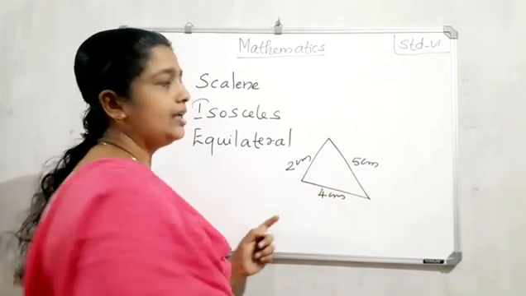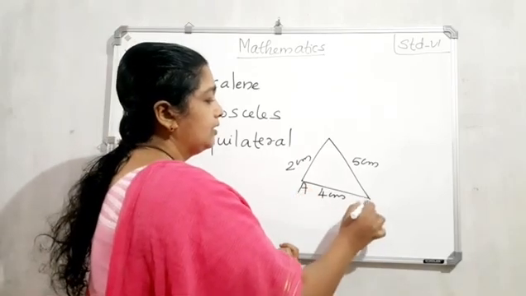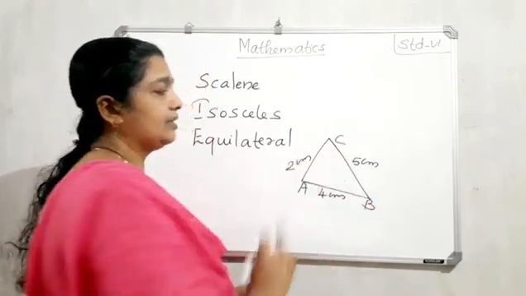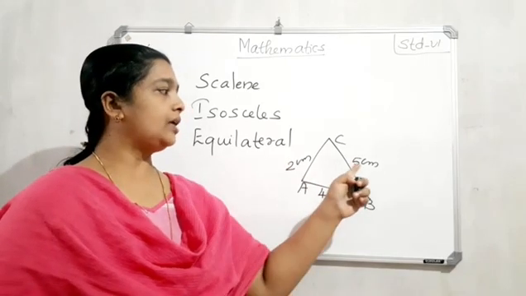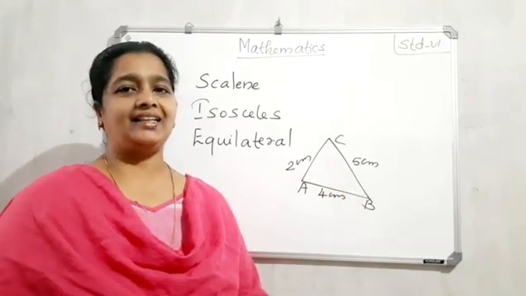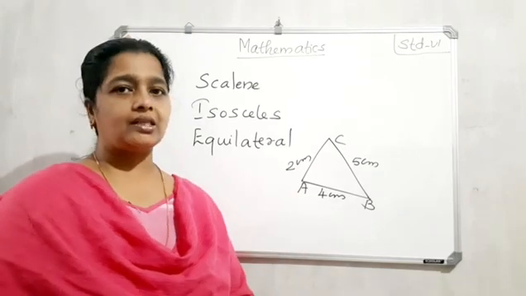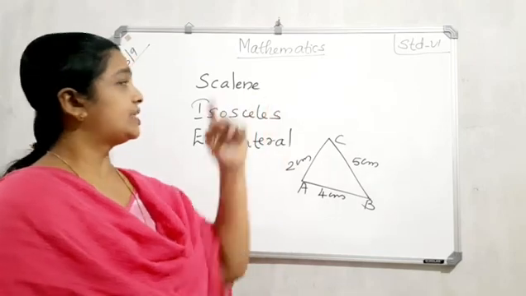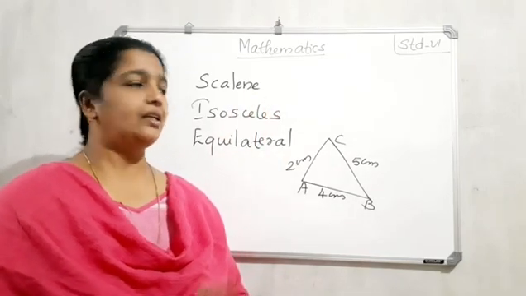That is a triangle, so we can name it ABC. The three measurements are not equal: 2 centimeter, 4 centimeter and 5 centimeter. So we can say that triangle ABC is which type? Scalene triangle. Understand? Yes. Next one.